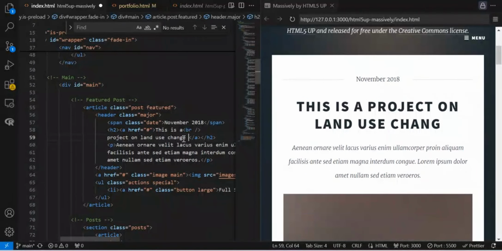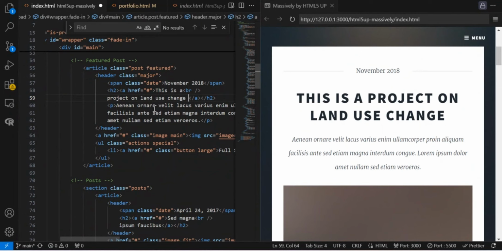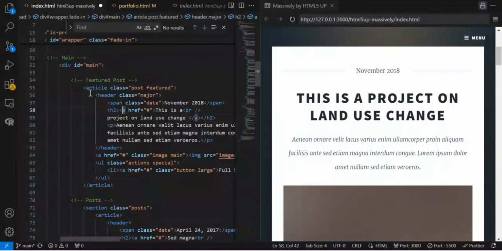So you just put this there. Always make sure that inside your article you have a header, and the header is closing at some point. Inside your header, you have your title as well as the paragraph text, and make sure that every time you are editing this part, you are also closing it over here.